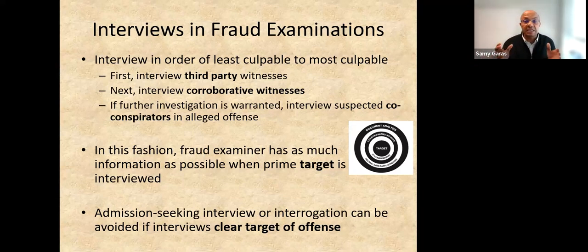But for a fraudulent act to be examined, like stealing inventory or breaking into the warehouse and getting some assets, something like this, when we interview, we go by the third party witness. Somebody might have heard from different people about this act. We can interview this one. We call it a third party person.